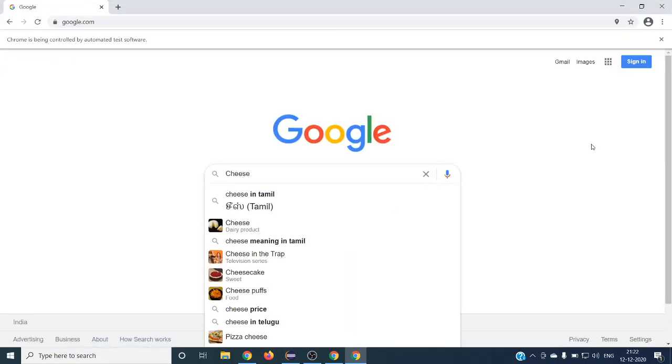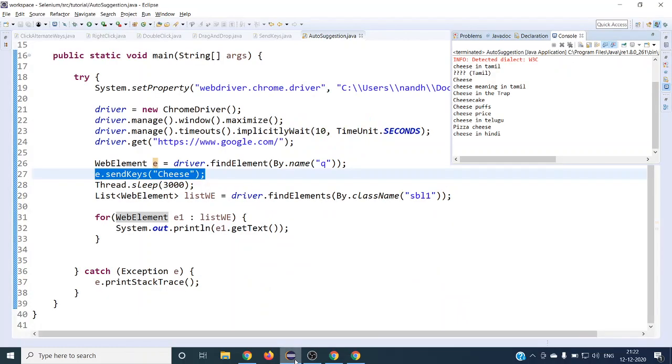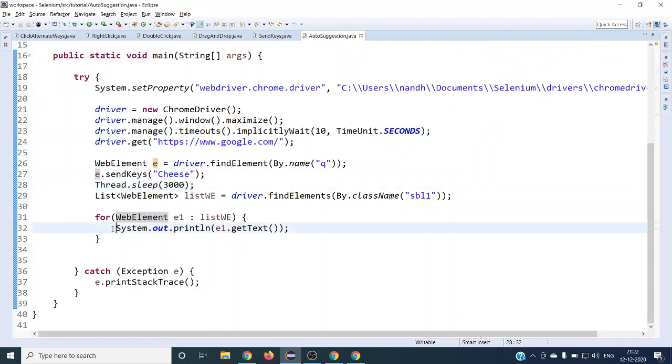Let's just type cheese, and we are getting all the auto suggested values, and you can see here we are getting all the values. So now we are successfully able to fetch the values. The next step is that we have to select cheesecake, so for that we have to take this value and